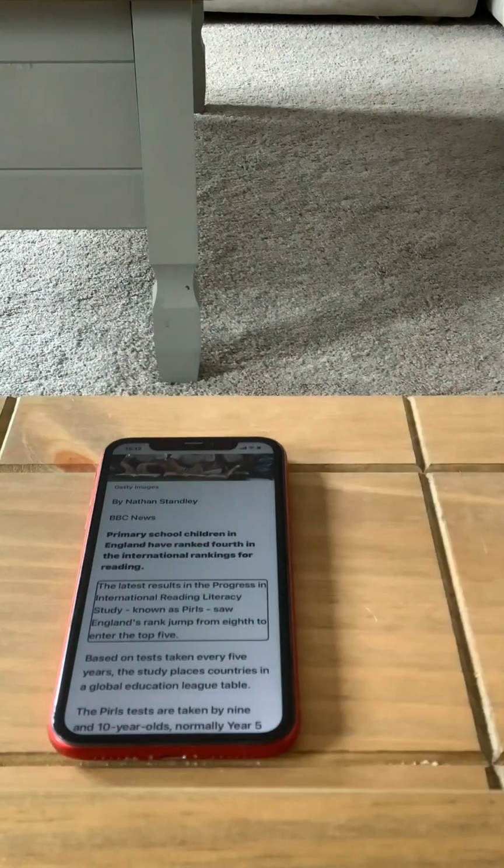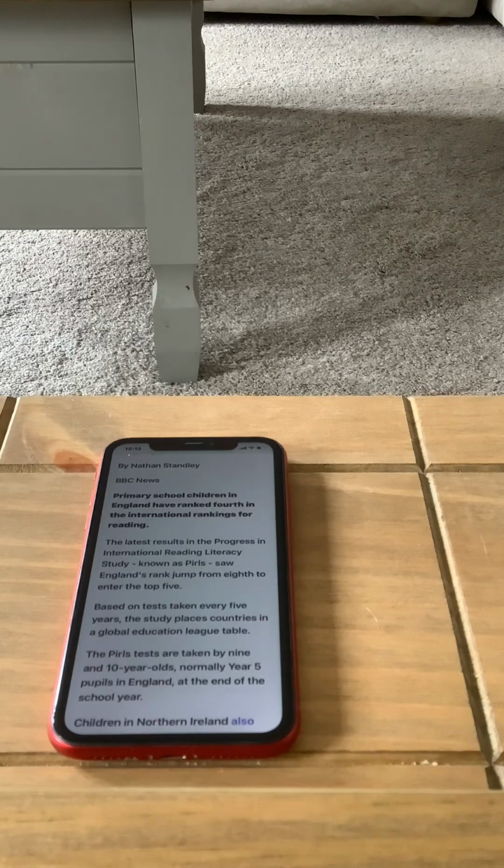The latest results in the Progress in International Reading Literacy Study, known as PIRLS, saw England's rank jump from 8th to enter the top 5. Based on tests taken every 5 years, the study places countries in a global education league table. The PIRLS tests are taken by 9 and 10-year-olds, normally year 5 pupils in England, at the end of the